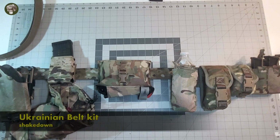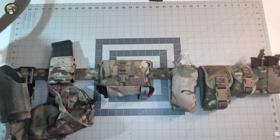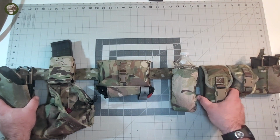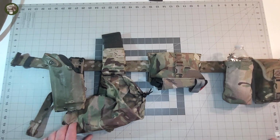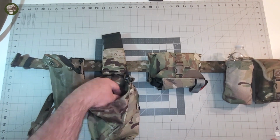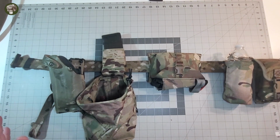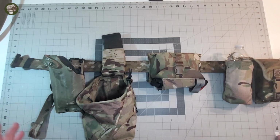This is a kit overview, and this is my Ukraine-inspired kit. First line, we're going to talk about it. Not terribly different from some of the other first lines I put together, because it's kind of like how I run my stuff, but some differences. So we'll start here on the left, we're going to go to the right, and we're going to cover everything,